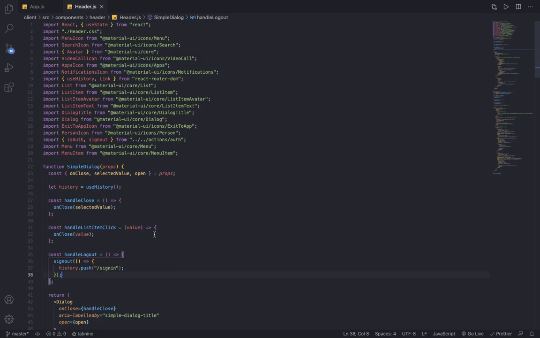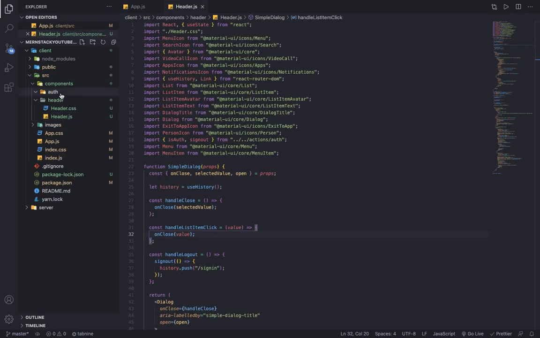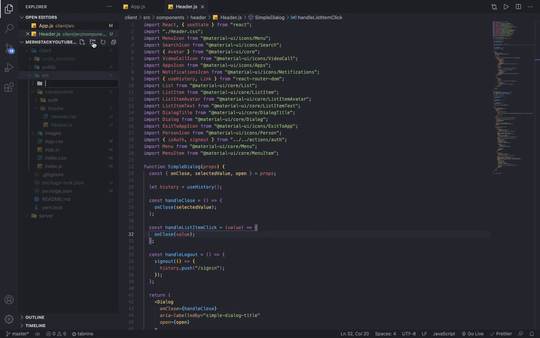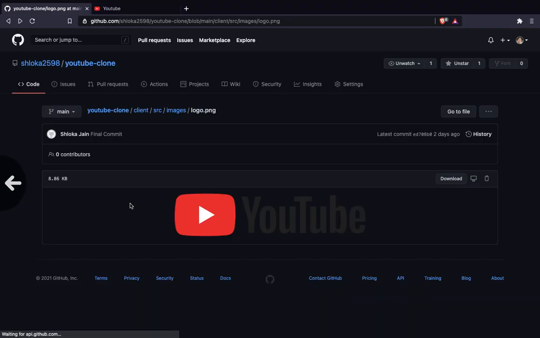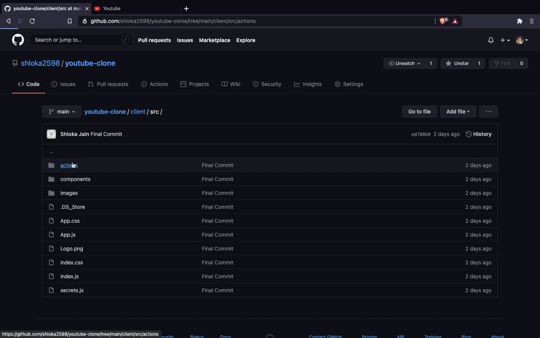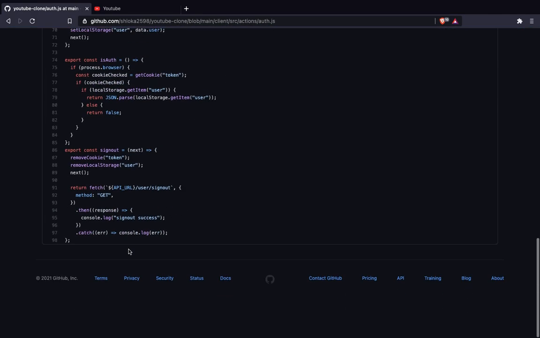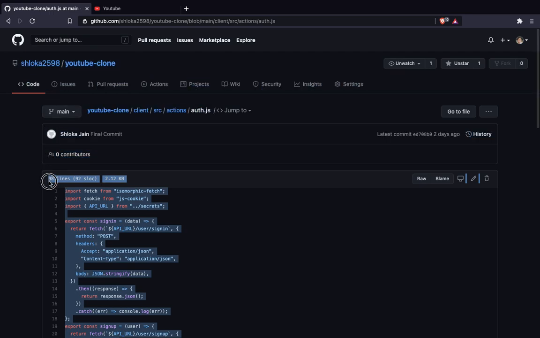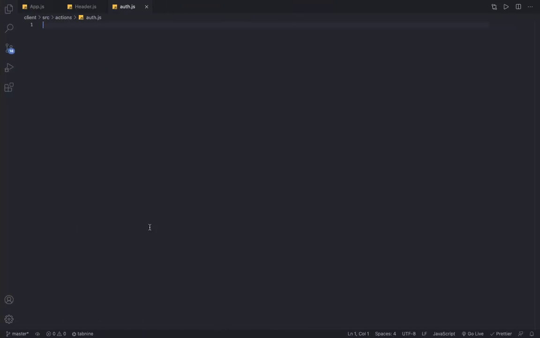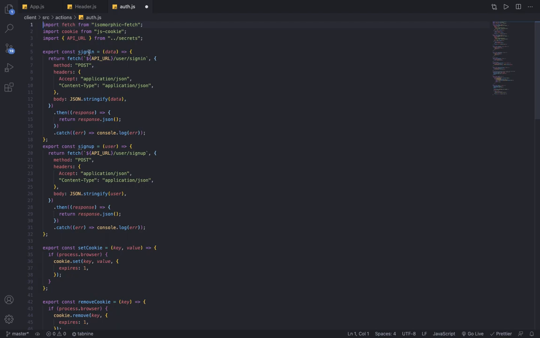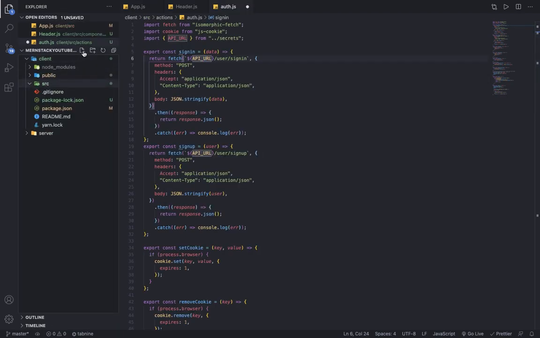And now actually what I am going to do is inside src make a folder named actions and make an auth.js, and inside auth.js I want to add all the code for when we are fetching the backend. So for the backend you can just copy the code. First is sign in, so I am doing a post request to user slash sign in, and the API URL I get from inside stores, make a new file called